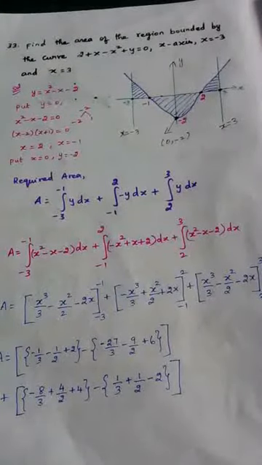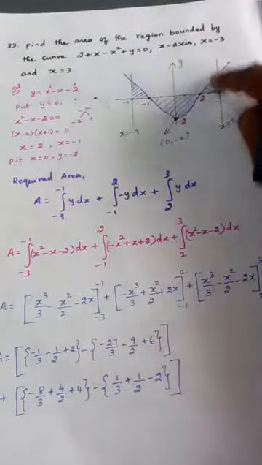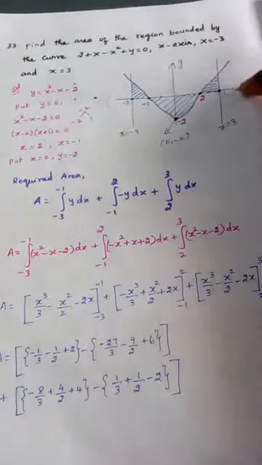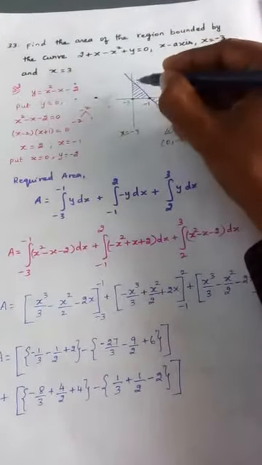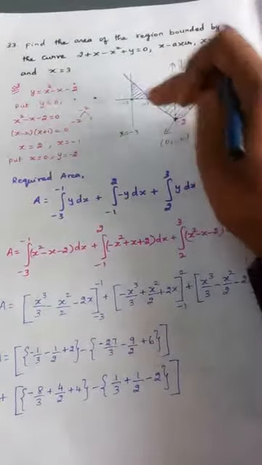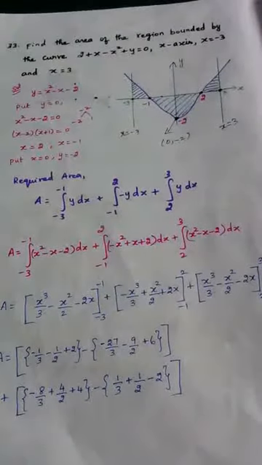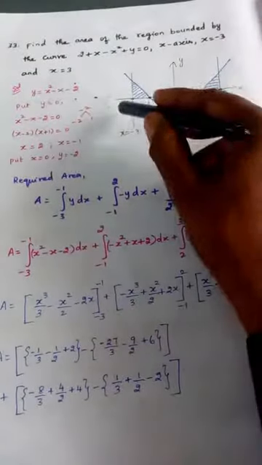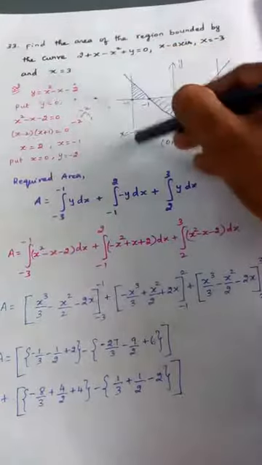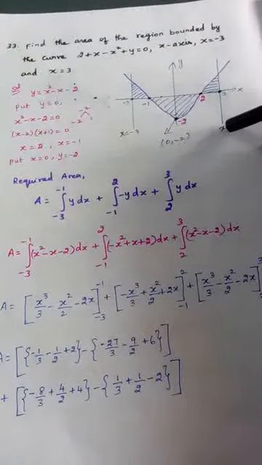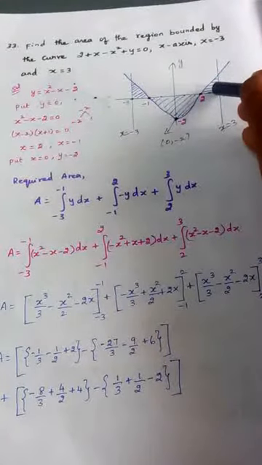Now what are the regions bounded? This is one straight line, this is another straight line, this is the curve, this is the x-axis. The regions that are bounded within this limit are this one and this one. Hope you are understanding this. First we have drawn the x-axis, y-axis, then the curve, then the lines. So what are the regions bounded? This one, and this one.